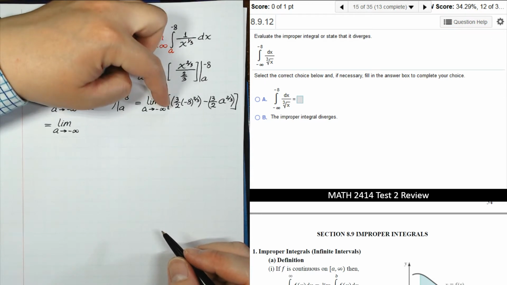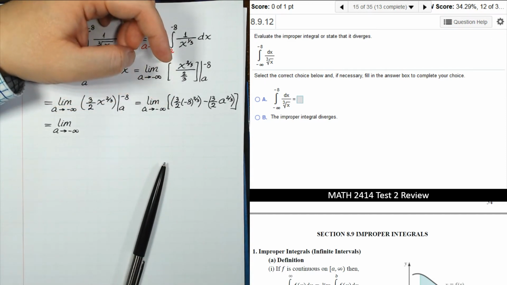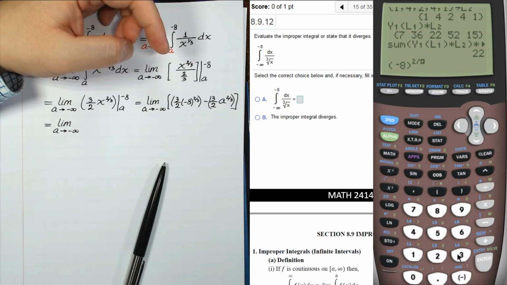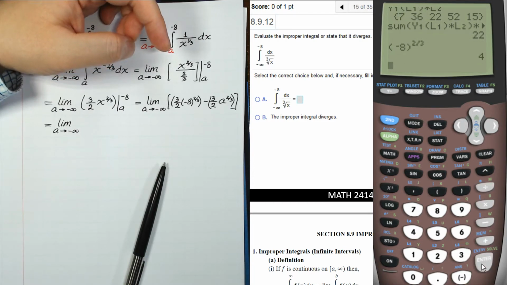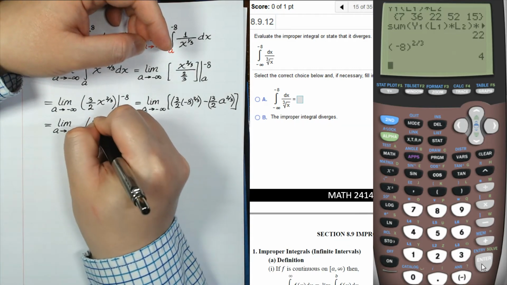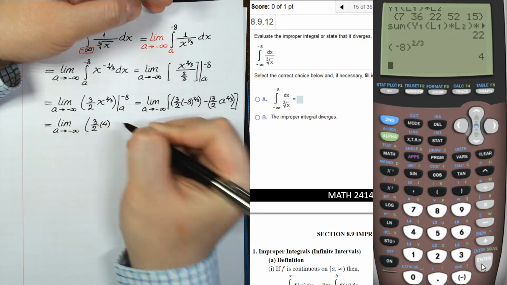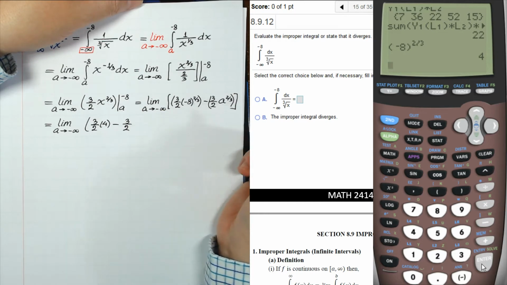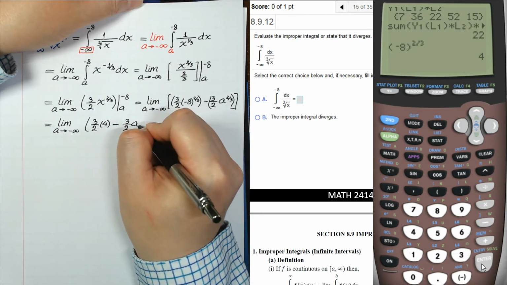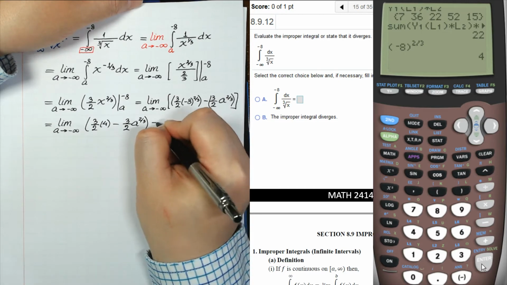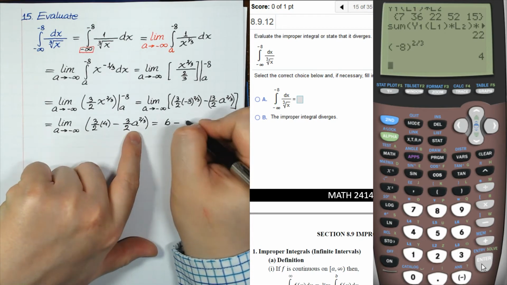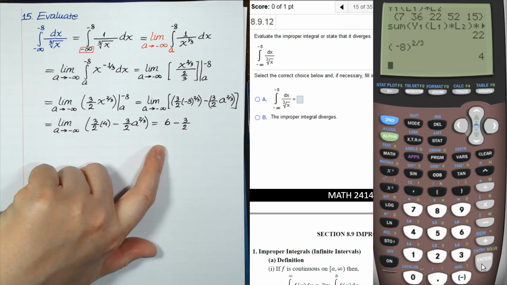Right. What is negative 8 to the 2/3? Right, that's 4. And then 3/2 a to the 2/3. Right, 3 times 4 divided by 2, that is 6, minus 3/2 a to the 2/3. Now if we put in infinity for a,